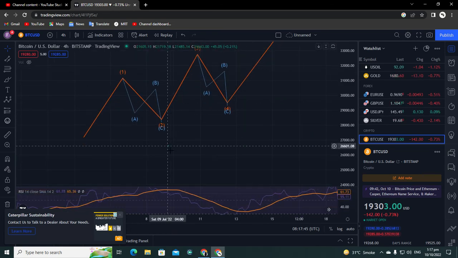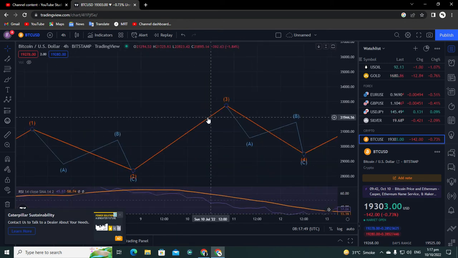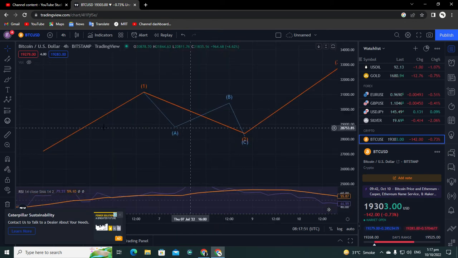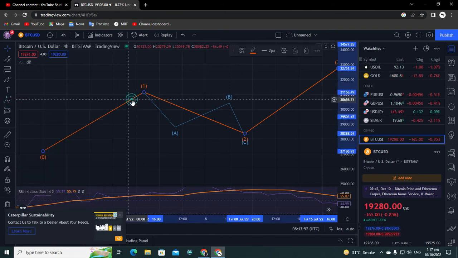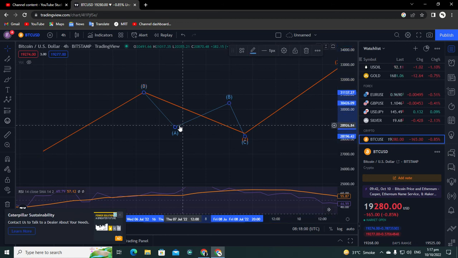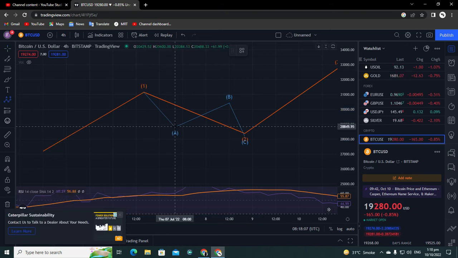Okay, so these are the correction waves. If you go in deeper, like this ABC, in a smaller time frame, like if you are considering the 1 day time frame for this one, you'll consider 4 hour for this, and then what I'm going to tell you, you can go for the 1 hour time frame to consider this one. It will still be like